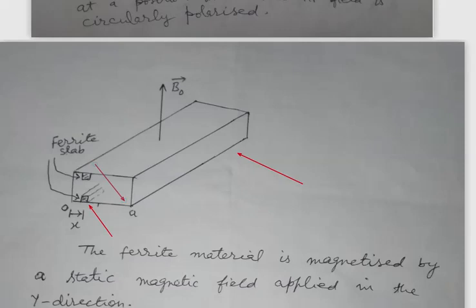This is the z direction. They are placed at a location where the field is circularly polarized, that is between 0 and a by 2. This value is a by 2. So if one or two such ferrite slabs are placed and magnetized by a static magnetic field B0 along the y-axis, then